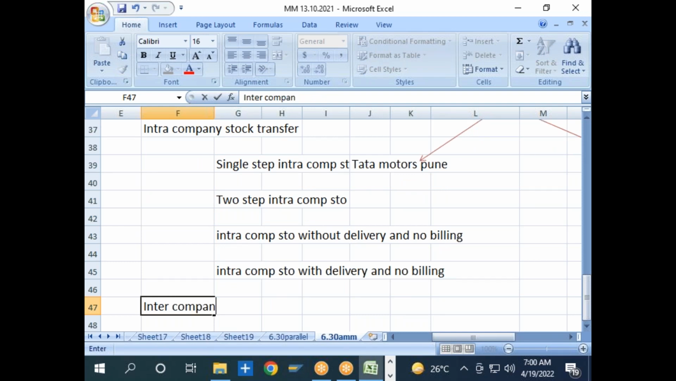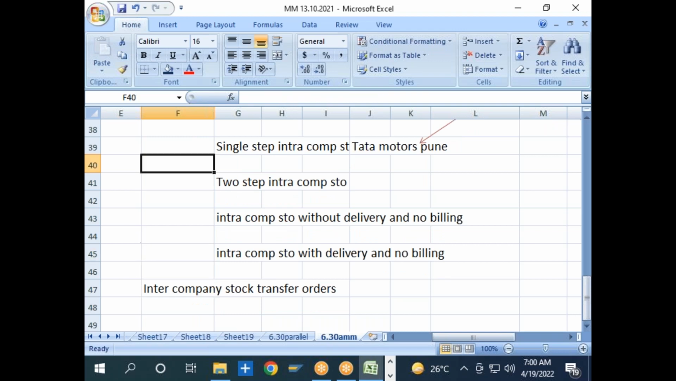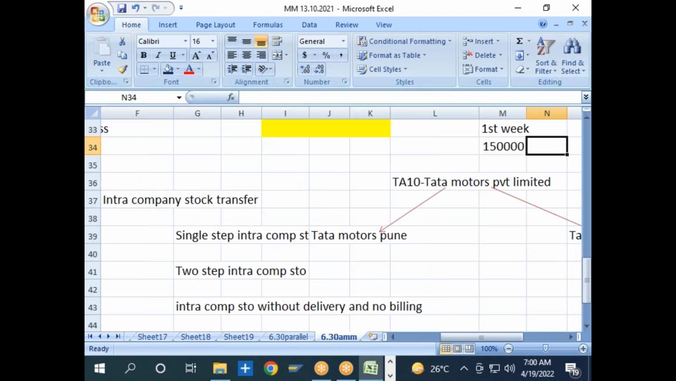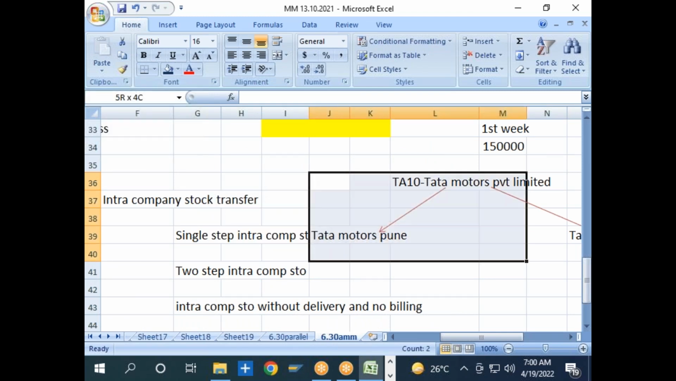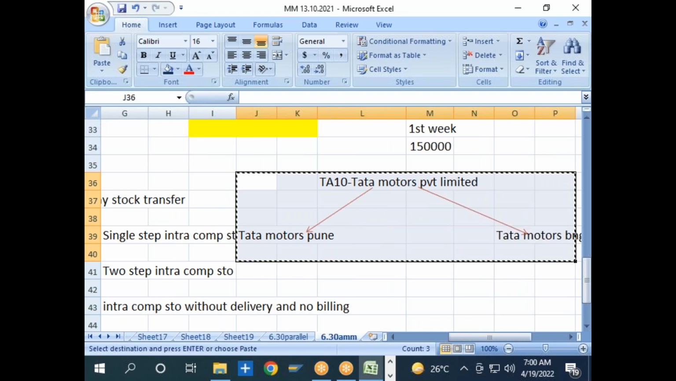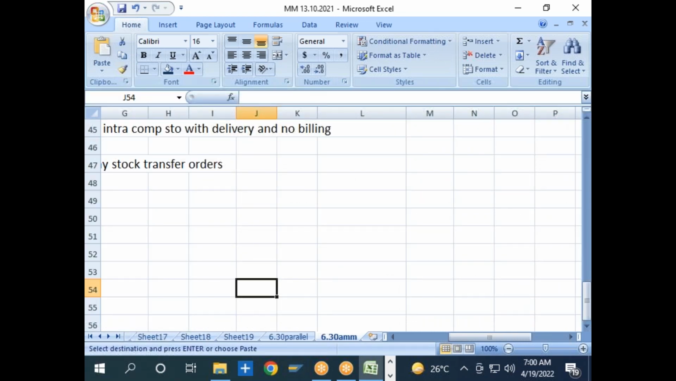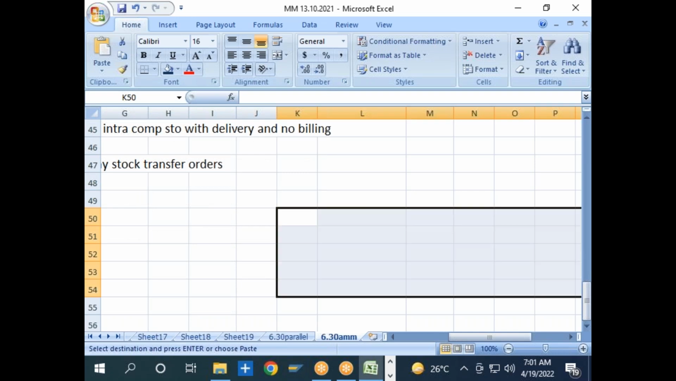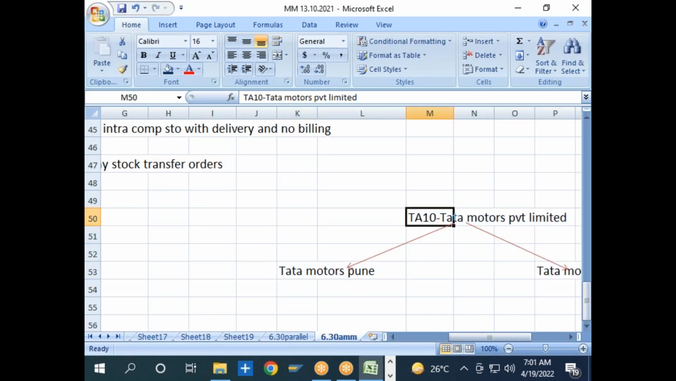Intercompany stock transfer orders. So what is intercompany, and what is intra-company? In case of intra-company, we have Tata Motors. Within Tata Motors, we have 2 different plants, and the transfer of materials is happening between these 2 plants. But in case of intercompany, one plant belongs to altogether a Tata Motors Private Limited. This is altogether a